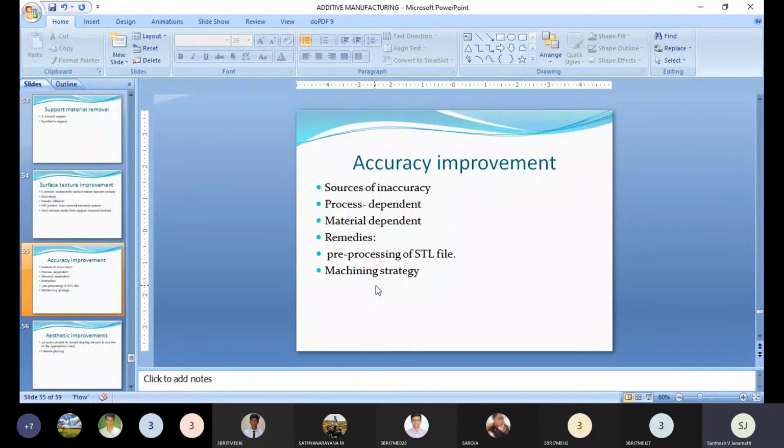This is one example I can share here. So we have to set the machining strategy. Machining strategy means the feed rate, feed speed, and efficiency of the machine. Sometimes the efficiency of the machine is low, or the machines we use to produce our 3D products are insufficient. That may also lead to inaccurate components being produced.